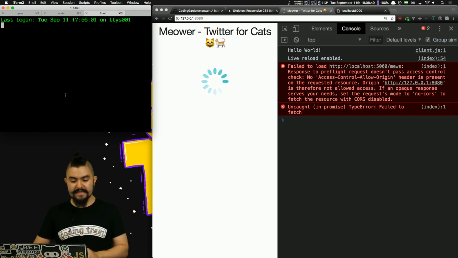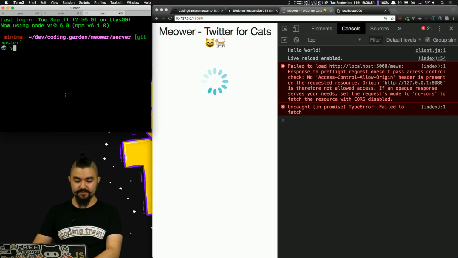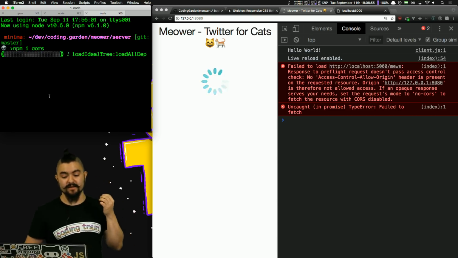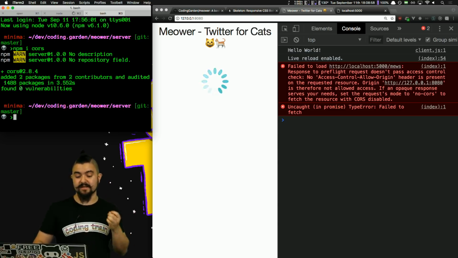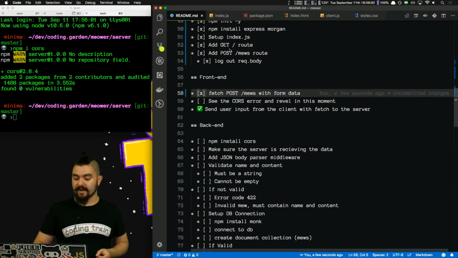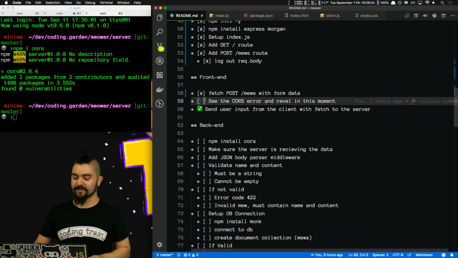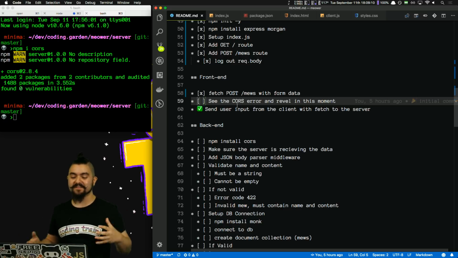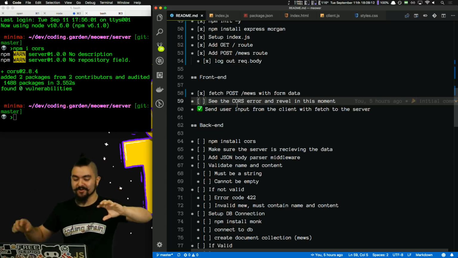So in our server folder here, I'm going to install CORS. So this is an npm package, which is an Express middleware. And then in our server side, so first, before we move on, let's clarify where we are. See the CORS error, revel in this moment. You'll see this error a lot. There are different ways to fix it, but specifically, if you're in control of the server, you can install the